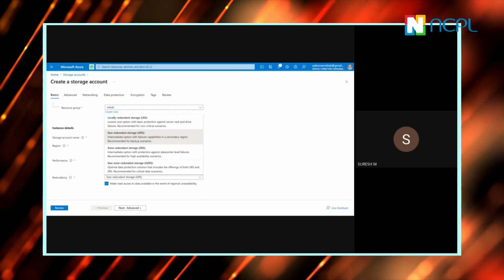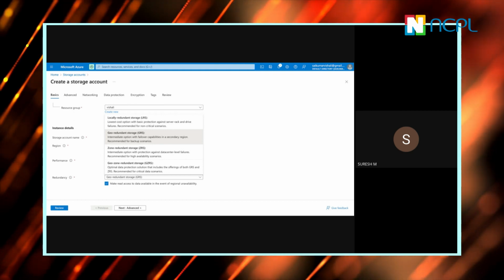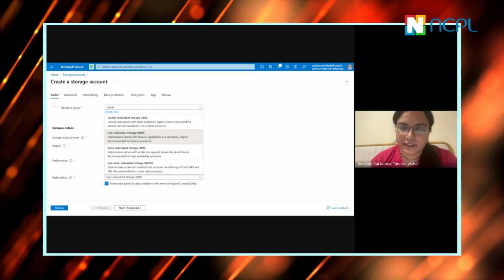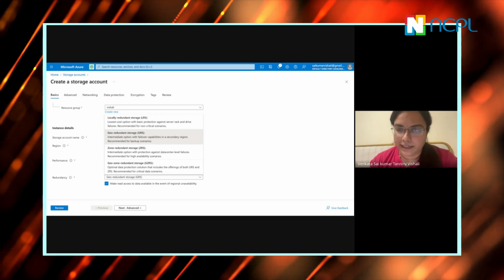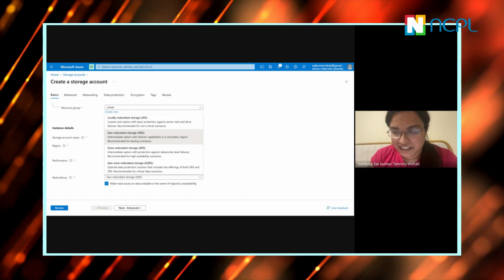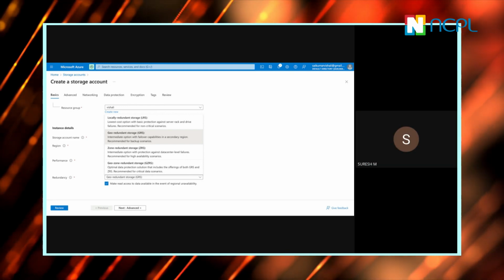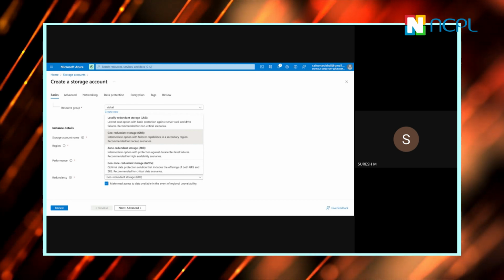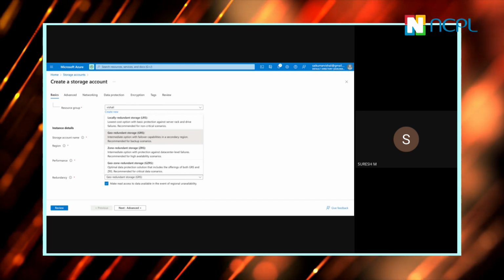And GRS is some difference between your first region and your second region, you will keep some distance. Yeah, it is like when we share it with our friends, there will be one secondary backup. So if our system data is lost, we can get it from our friend. Your friend should stay 20 to 30 kilometers away from you. That is your second part. A third is your zone. It's between cities. So these are all options he is giving you based on your usability. It's as simple as: whichever option you pick, he'll charge you accordingly.